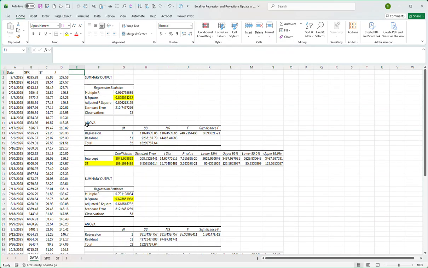So we need to have the data where we actually plot